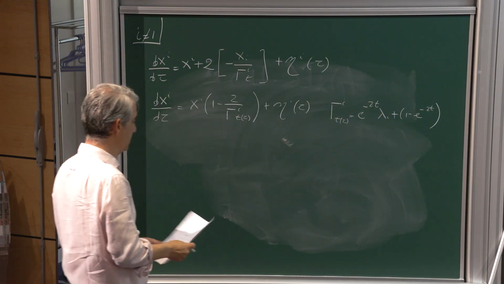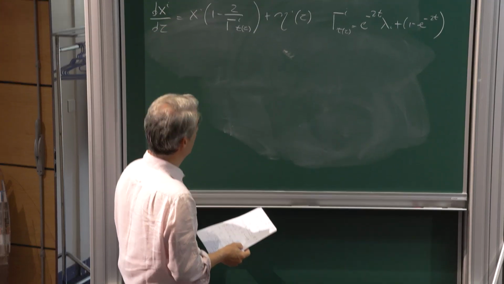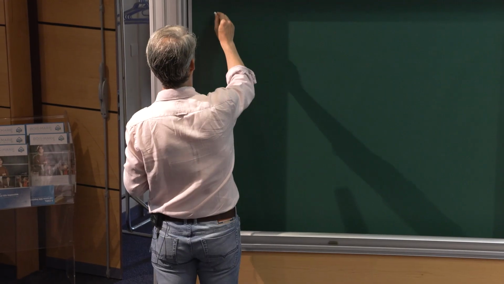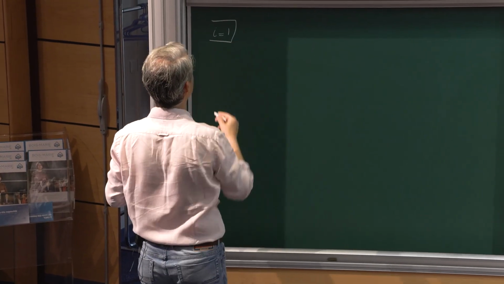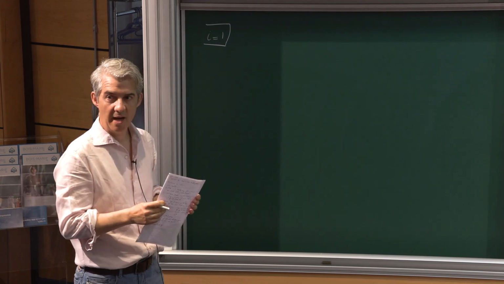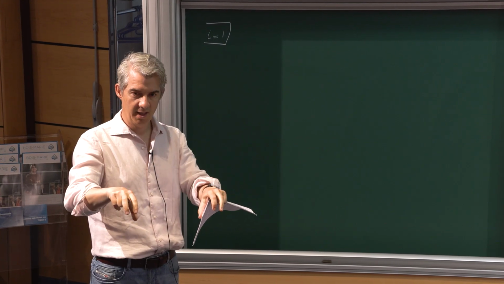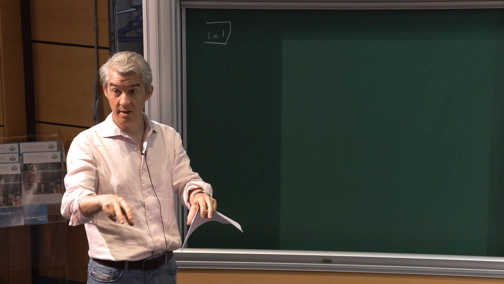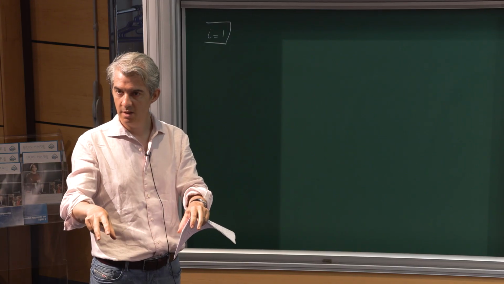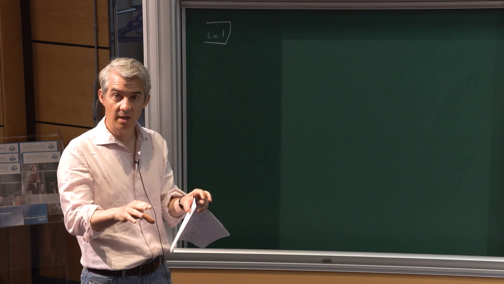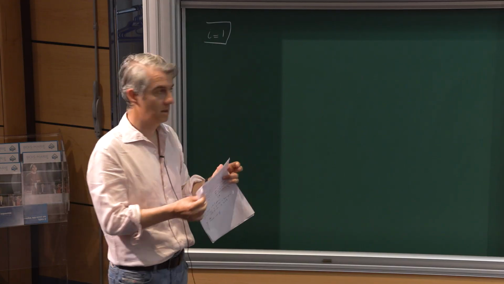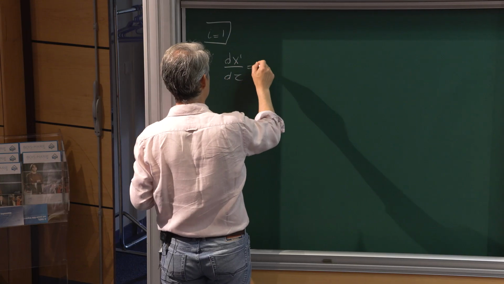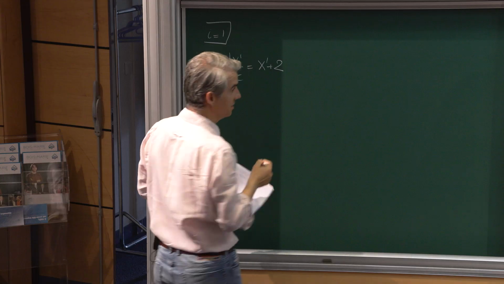Okay, so this is for i different from 1. And for i equal 1, it's a bit more different. So remember, what is x1? x1 is the coordinate which separates the two Gaussians. So it's really the one that is going to tell you whether you go more toward the one or toward the other. And so it's the one that we are able to track in order to understand the formation of classes. So, okay, now dx1/dτ is equal to x1 plus twice the score, and now the score,